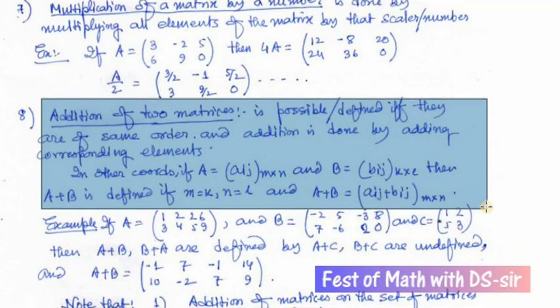Actually, though this was a condition, we can add any two determinants, because after applying different row operations and column operations, we can convert any two determinants into the required format. And obviously, the determinants must be of the same order, and we learned how to increase and decrease the order of a determinant. So if the determinants were not of the same order, we can increase or decrease the order of one to make them of equal order.